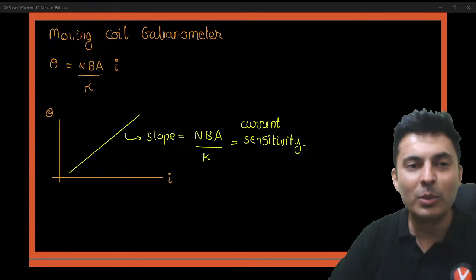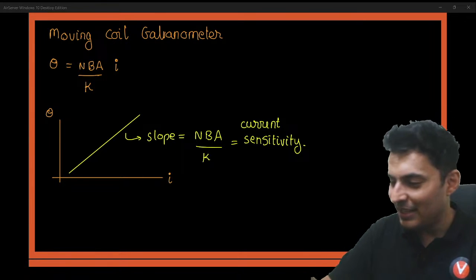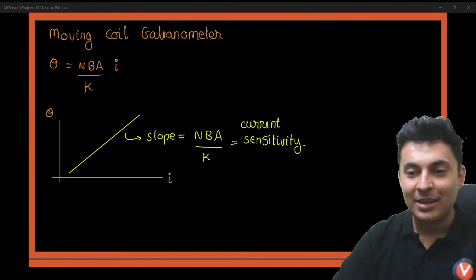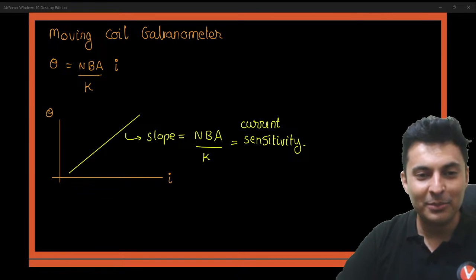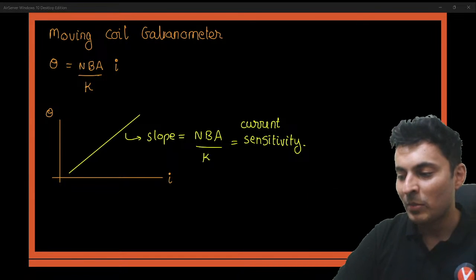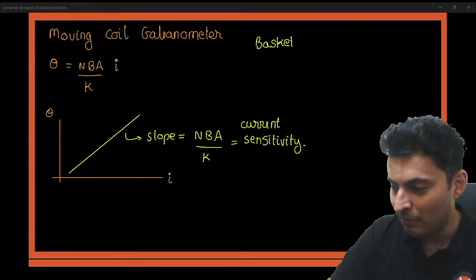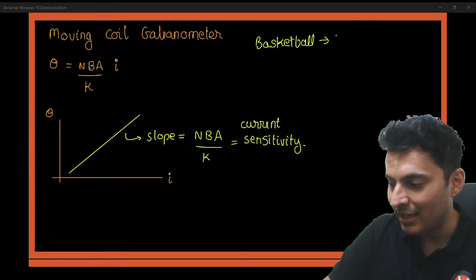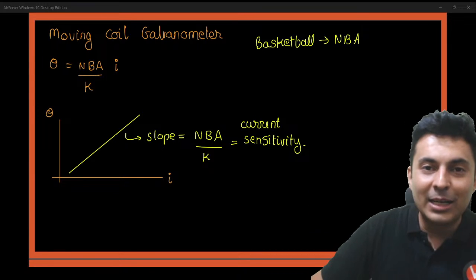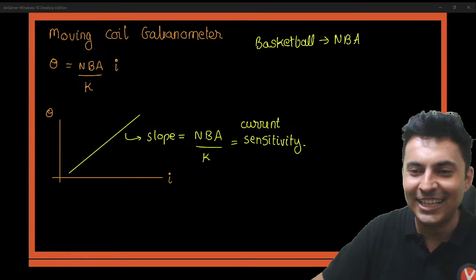Remember NBA, football. Oh, sorry, not football, basketball, right? NBA is basketball, like you have FIFA for football, you have BCCI, you have the ICC Cricket World Cup, right? Similarly for basketball, you have NBA tournaments. Basketball is NBA. And basketball is played with hands or with legs? Thank you so much, Napman.